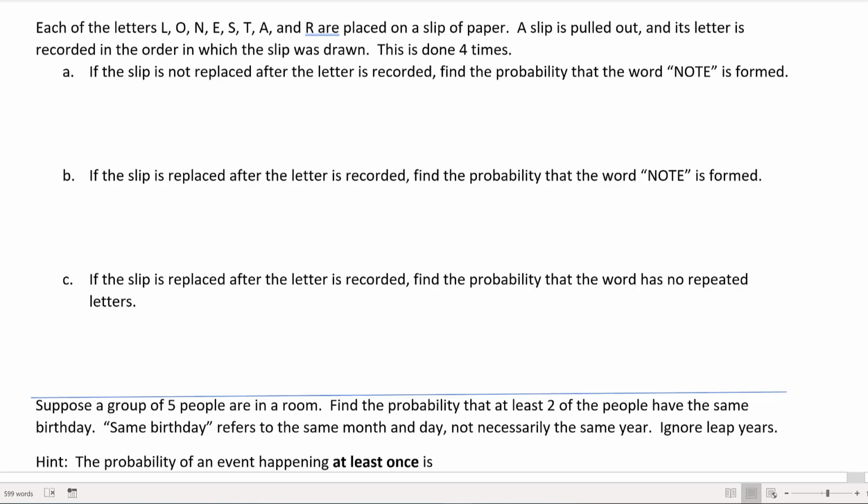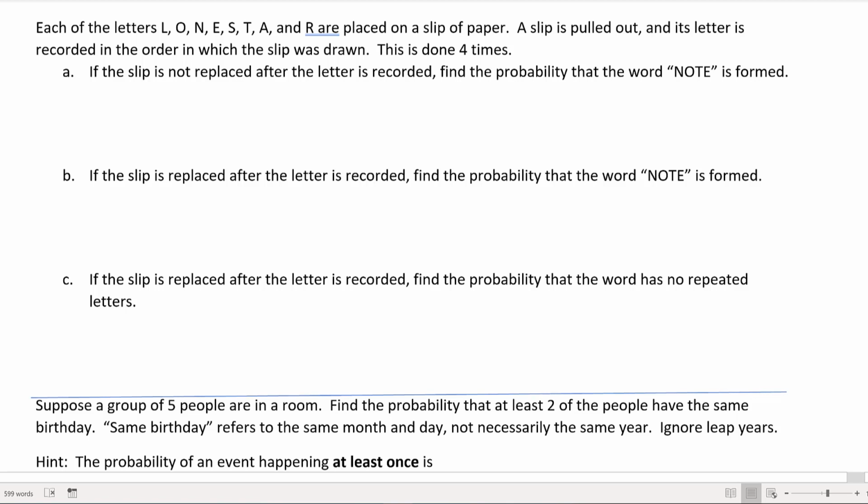Each of the letters L, O, N, E, S, T, A, and R are placed on a slip of paper. A slip of paper is pulled out and a letter is recorded in the order in which the slip was drawn. This is done 4 times. If the slip is not replaced after the letter is recorded, find the probability that the word note, N-O-T-E, is